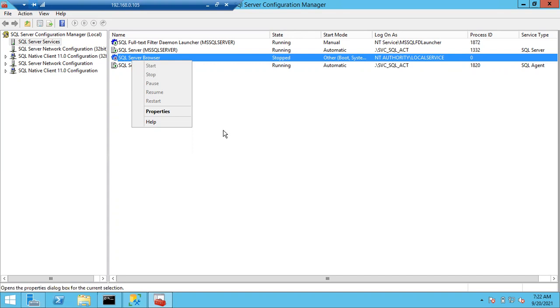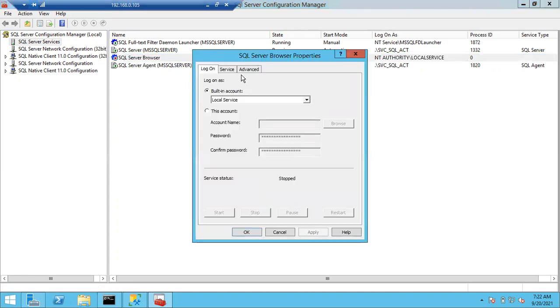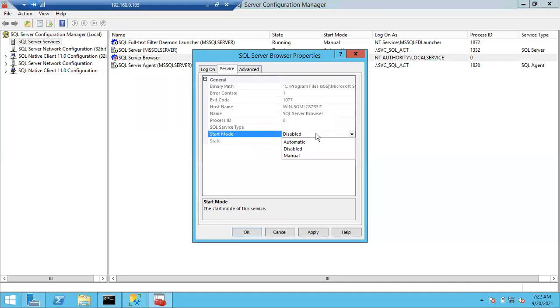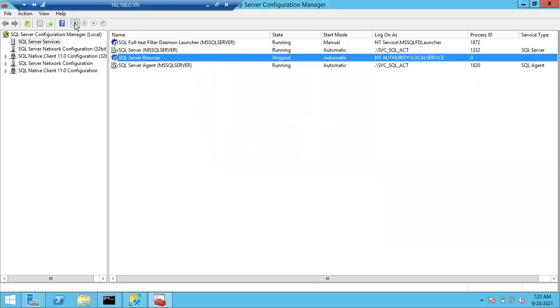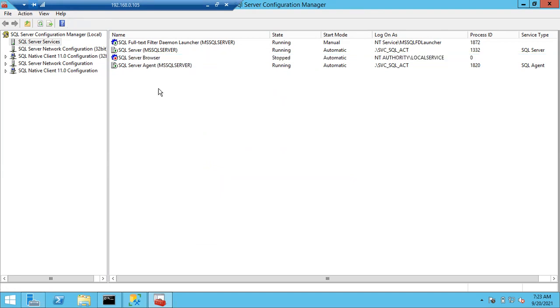Services.msc. Can we do it from here? Go to the properties. Now can you see the start button here? As the service is in a disabled state, you cannot see the start button, and the right click start option is also not there, like last time. So when you enable the service, then you can see the start button. Like this you can fix it. So this is another way of starting, stopping, and restarting the services.